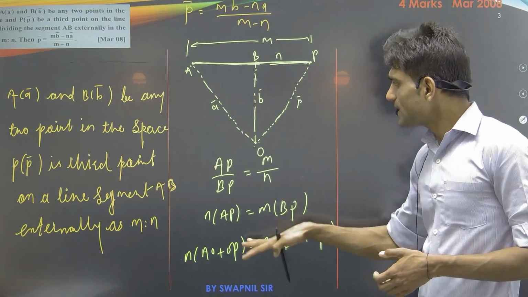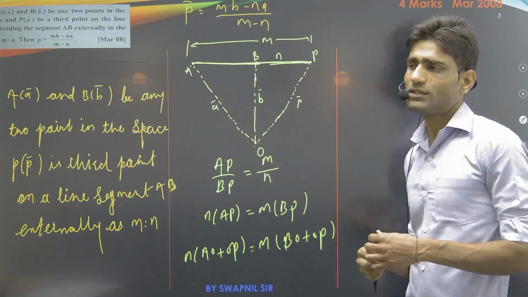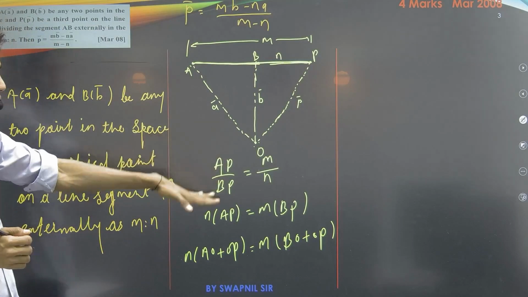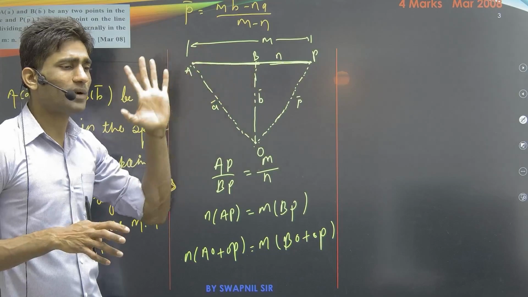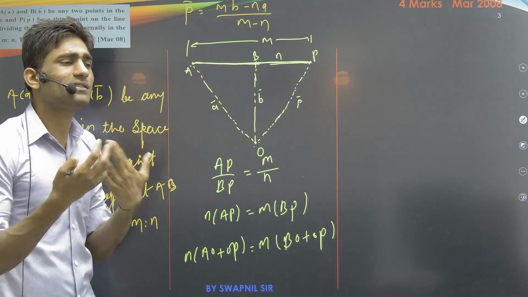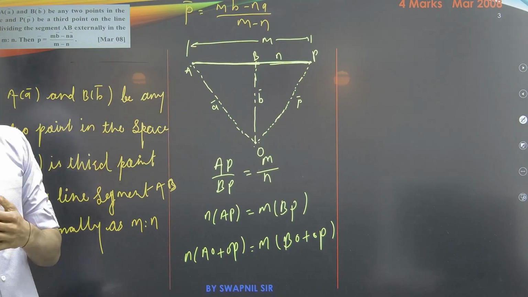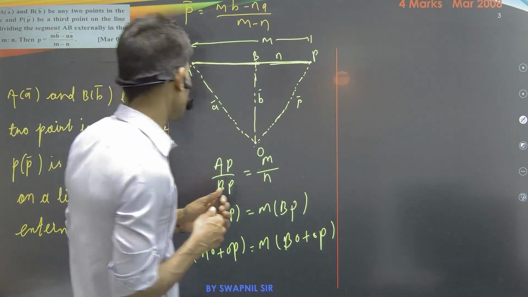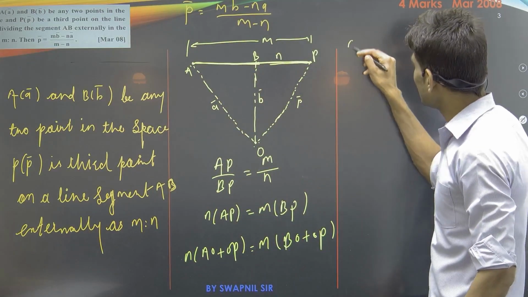So now we can see here AO can be written as negative times OA. It is up to the direction of the sides of a triangle. If you change the direction AO to OA, it gives us the negative value. We want the negative as we have given in the section formula. So try to create negative terms. So AO can be written as negative times OA, so I can write N times OP